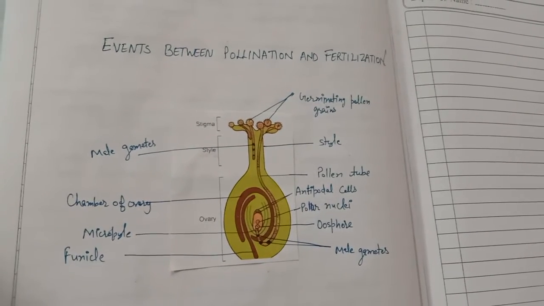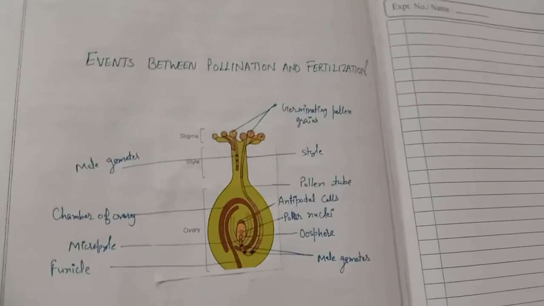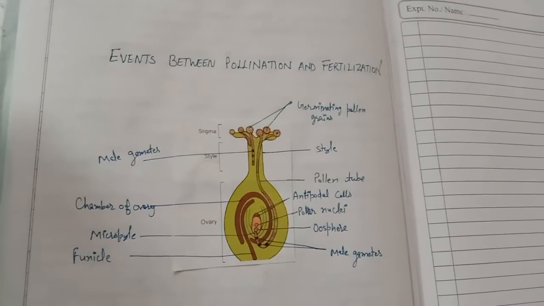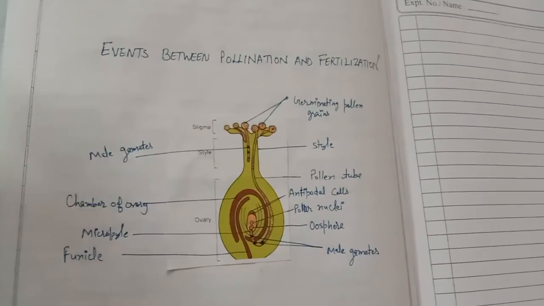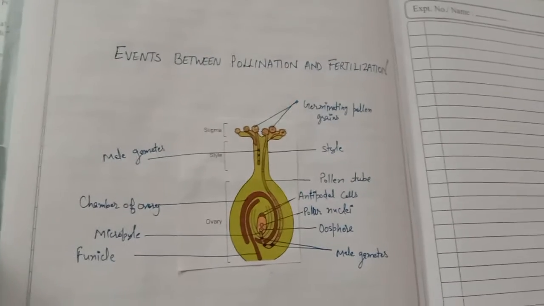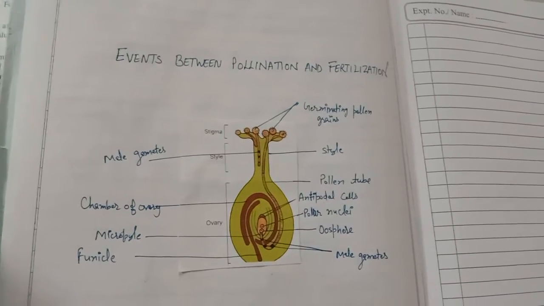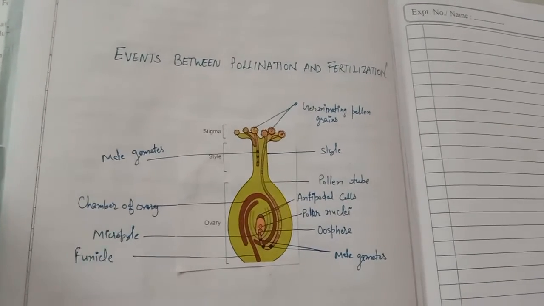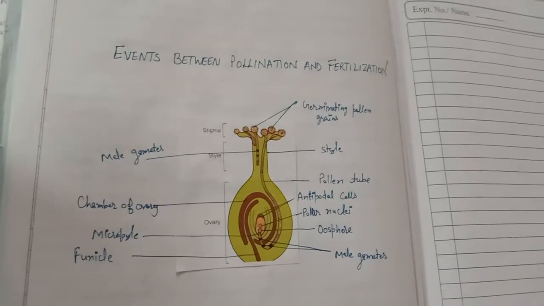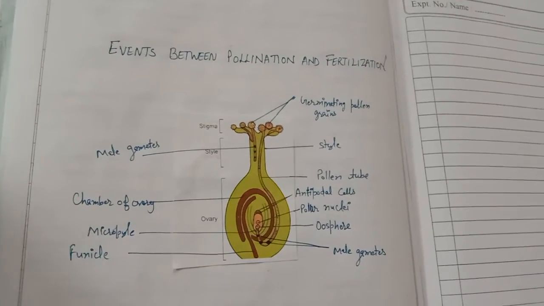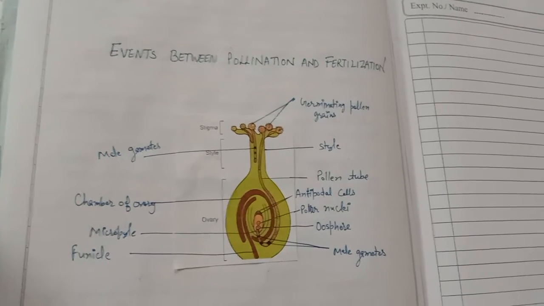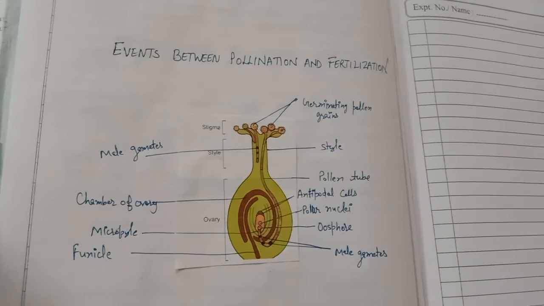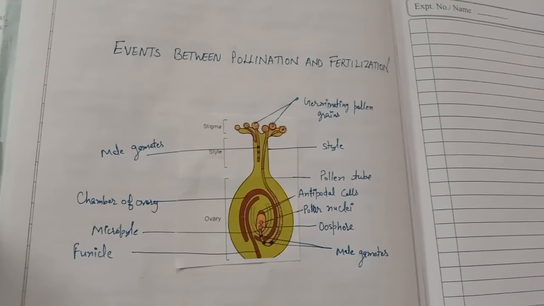Post fertilization changes are what? When pollination and fertilization have taken place, there is no need for the accessory parts of the flower like sepals, petals, stamens. So they have to be shed away. Sepals, petals, stamens and style wither away and are shed. Sepals persist in some cases, but the ovary forms the fruit, and the embryo sac converts into the seed. The ovary ripens into the fruit, and the synergids and antipodals degenerate.